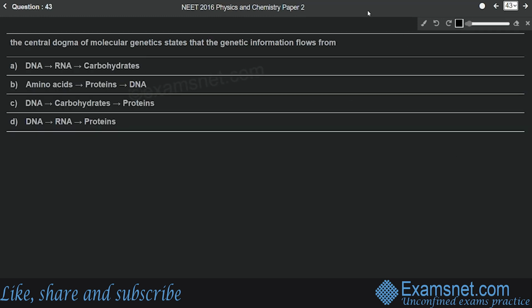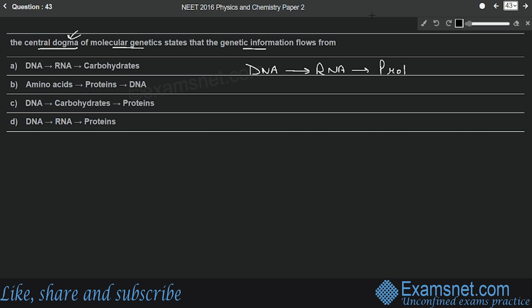Question number 43 is from the chapter Biomolecules, and the question is the central dogma of molecular genetics states that the genetic information flows from. So this is a very simple question. We know that according to the central dogma, the genetic information flows from DNA to RNA and then to